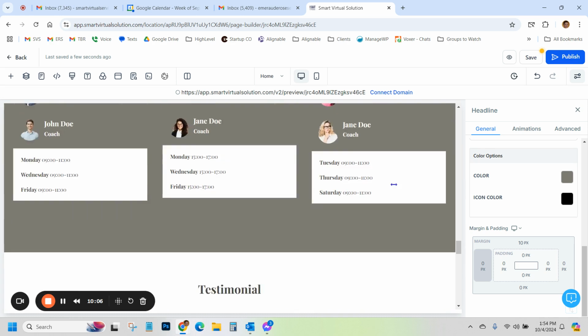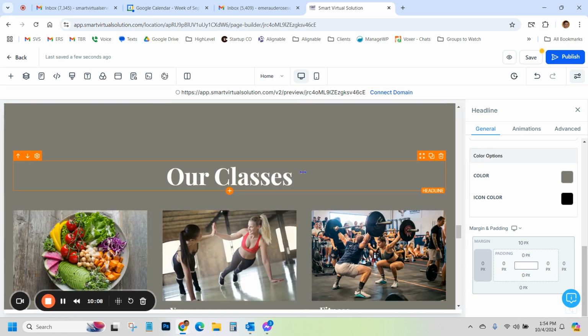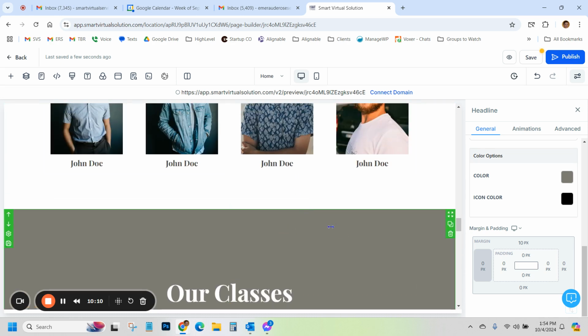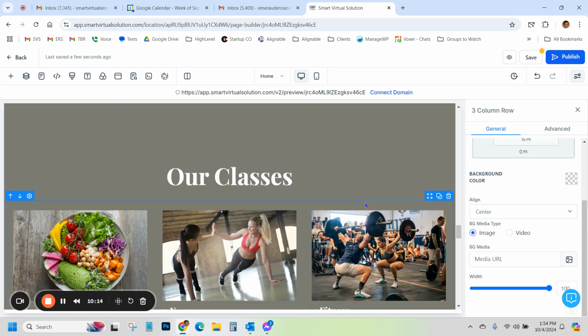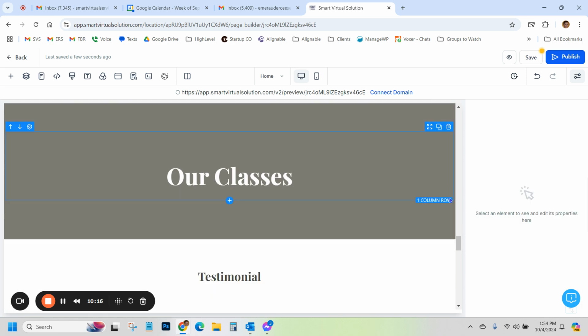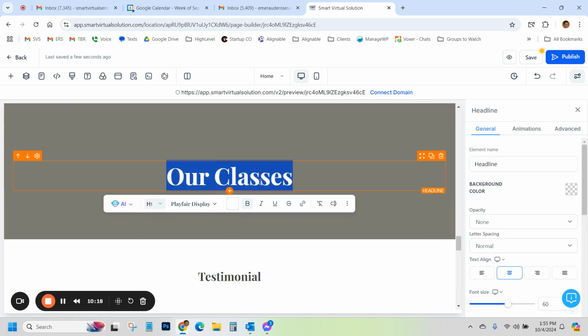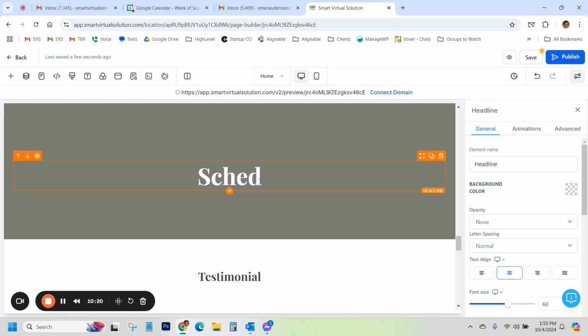So, we've got this classes area here. Maybe that's not what you want. You want them to book with you. So I'm going to keep that one. I'm going to highlight that and I'm going to delete this section. And I'm going to say, book a session. So this is where having the system have all of this in one place works really well,